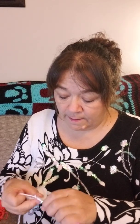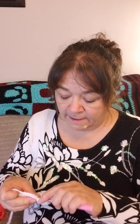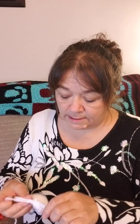So now that was row 3. And for row 3, you should have 32 stitches. Okay? So for row 4, we're just going to do a half double crochet in each stitch around using only the back loop. 1, 2, 3, 4, 5, 6,